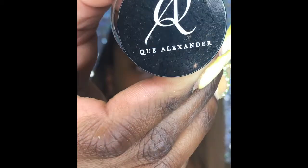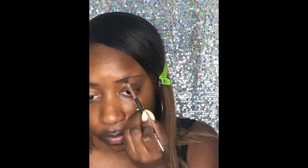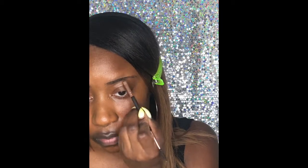Go ahead and get into this look, y'all. I'm just taking a clip and pinning my hair back, my cute little bob I did. You know, I'm really loving this blonde on me. It's super cute. But we're gonna start with brows, and I'm using Cute Alexander's dip brow to fill in my